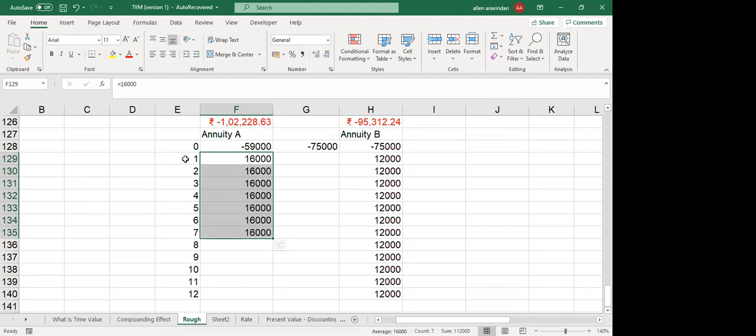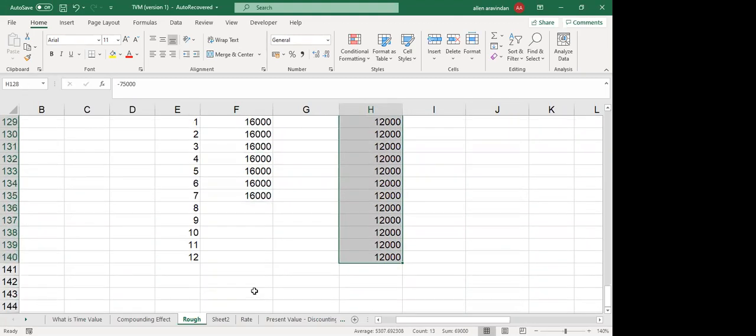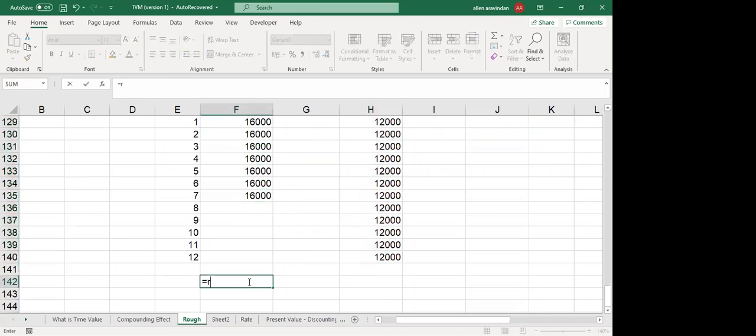However, this is happening in a very short period and this is happening over a very long period, right? Simple calculation also, if you don't know anything, you just use the rate function, right? What is the NPER? The NPER is 12 in this case. What is the PMT that you're getting? 16,000 positive because you're getting it, right? What is the present value that you invested? Minus 75,000. What is the future value? 0. Type is beginning period, so 1.